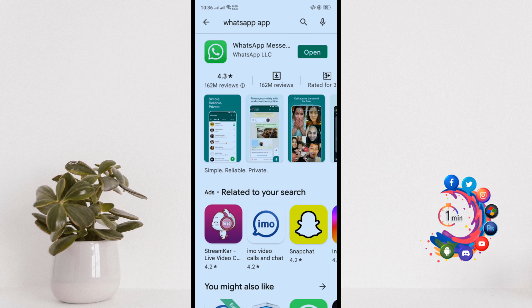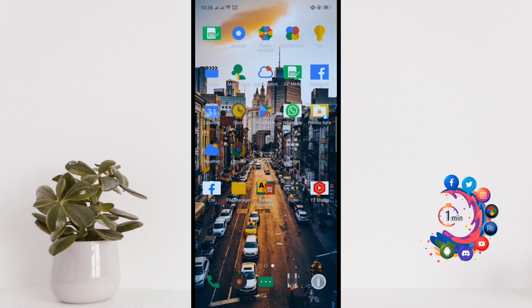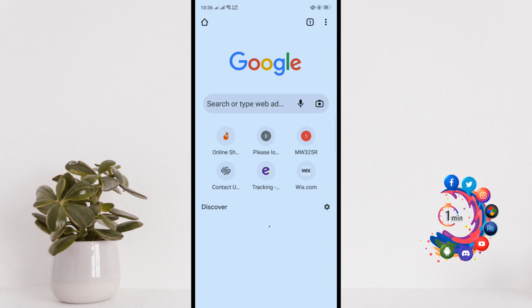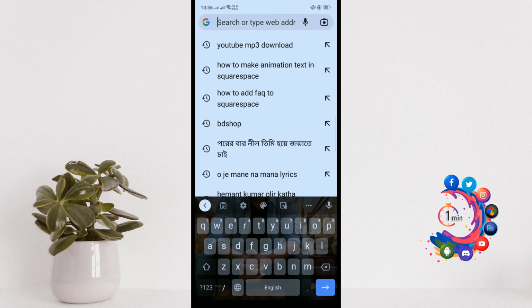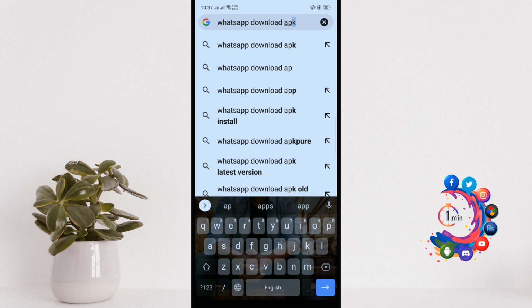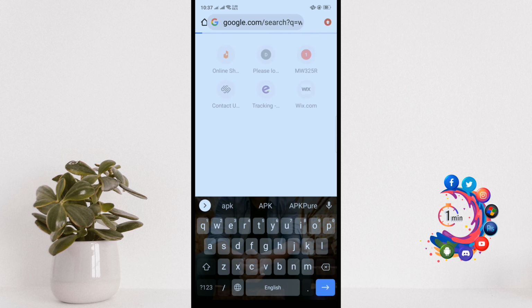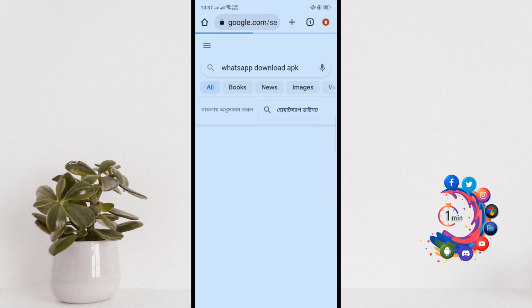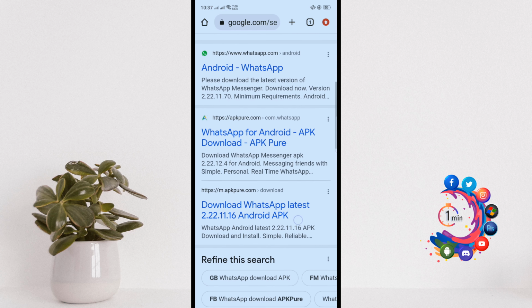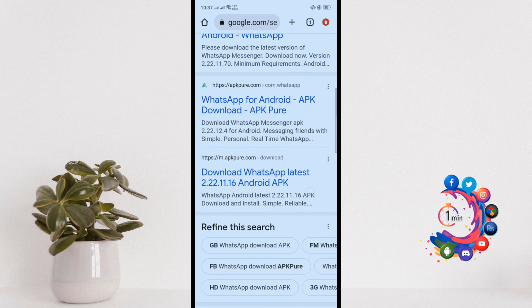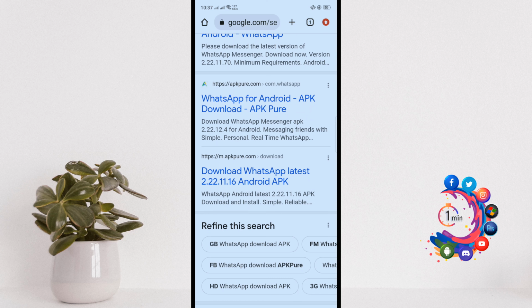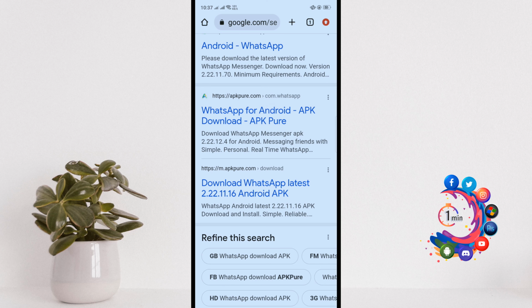And the second way is using browser. So open your browser. Right now I'm using Chrome browser. You can use any browser and search here WhatsApp, download app, APK, and hit enter. And here you will find several websites to get WhatsApp. So I suggest to open this apkpure.com website